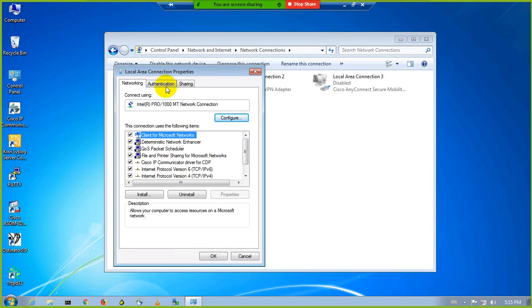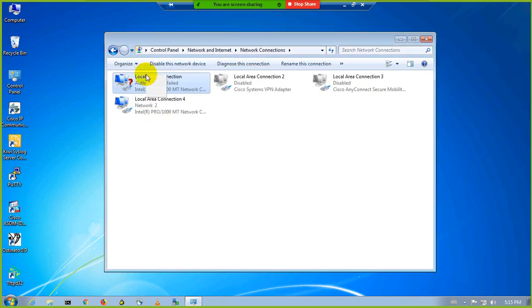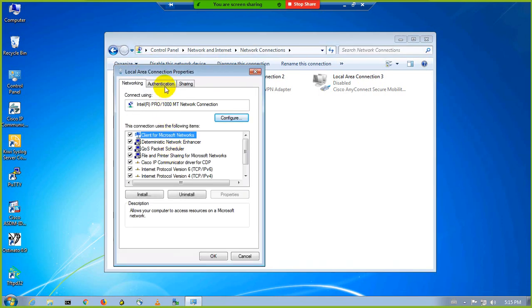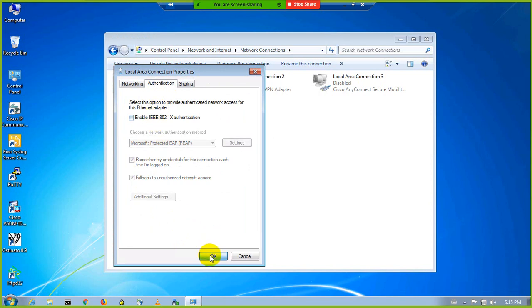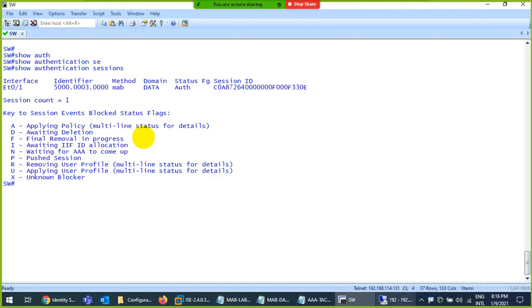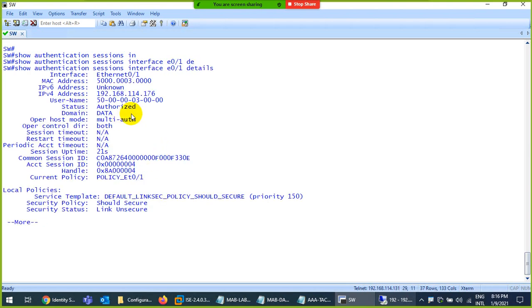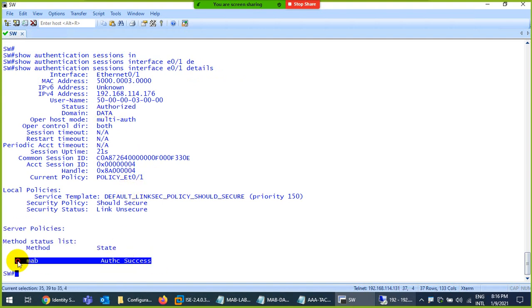So the easy way is to authenticate, enable this for a while and then disable it for a while. In the real world you don't need to do this, but unfortunately here we are doing it. And now let's see, show authentication session. So yes, this time they accept them. Okay, and if I need the details, go to the interface where the device is connected and say detail, and here this time it is authorized and the method is authorize map.